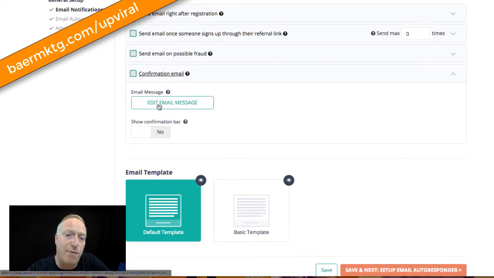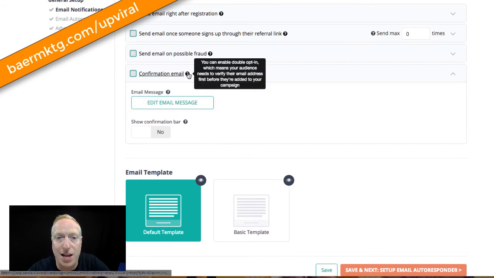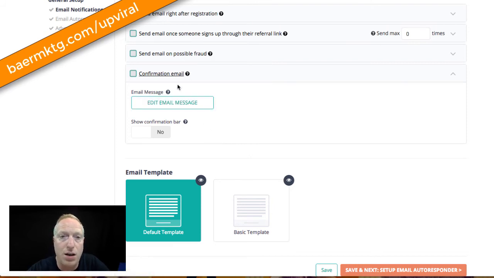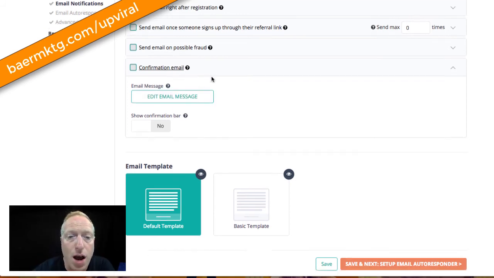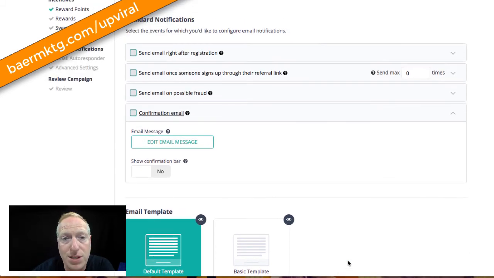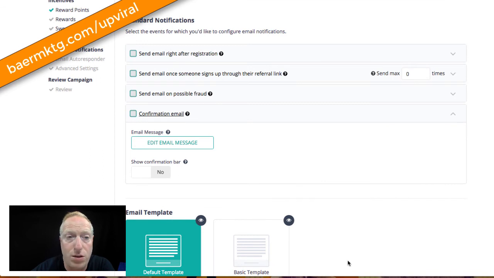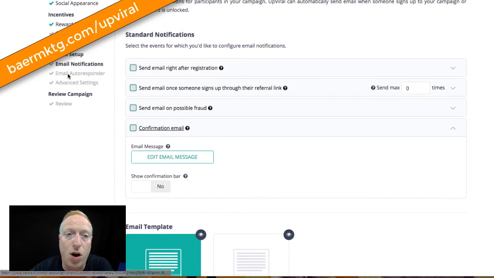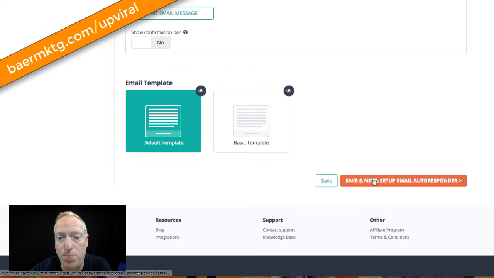And then finally, a confirmation email that basically gets sent out to say, hey, you've just signed up for this. Now, this is not something you necessarily need to do. And then emails that say, hey, your reward has been unlocked. Those are also automatically sent out by the system. All right, let's move forward